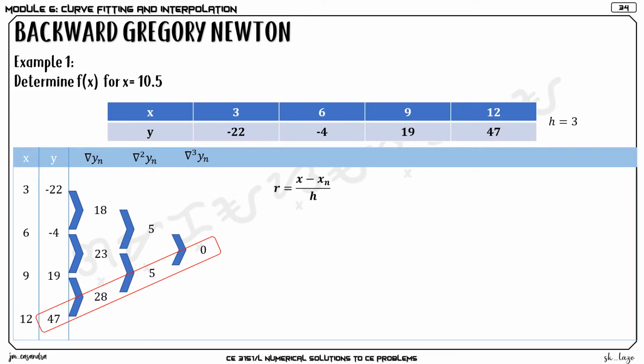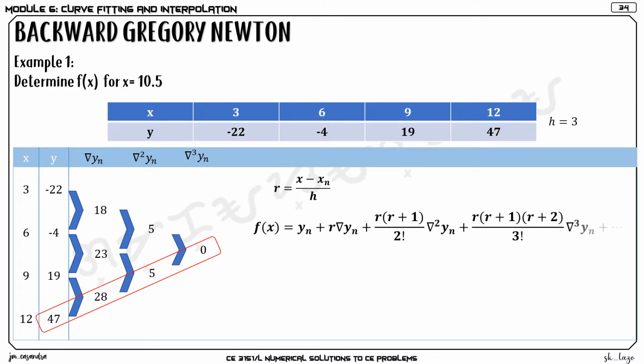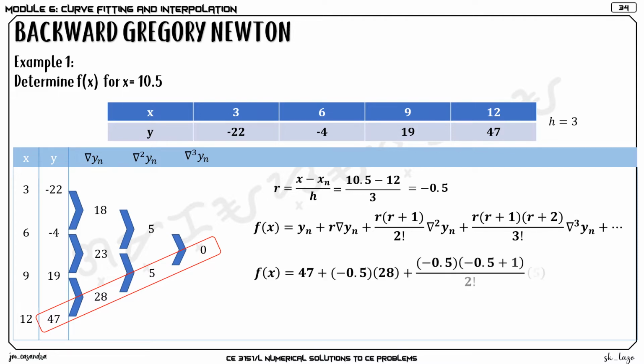So solving now for r, it's equal to x minus x sub n all over h, wherein x is 10.5 and x sub n is equal to 12. Divide by 3, we now get a value of negative 0.5. Substituting the value of r and the values of y and nabla y in our equation for the function of x, we get 47 plus negative 0.5 times 28 plus negative 0.5 times (negative 0.5 plus 1) all over 2 factorial times 5, and the last term is 0,